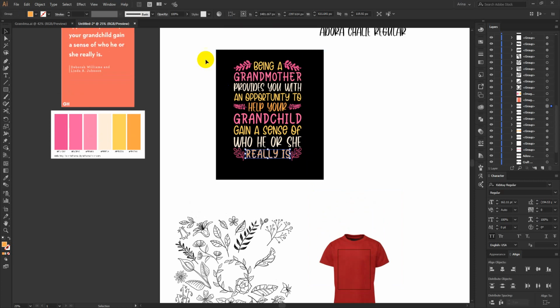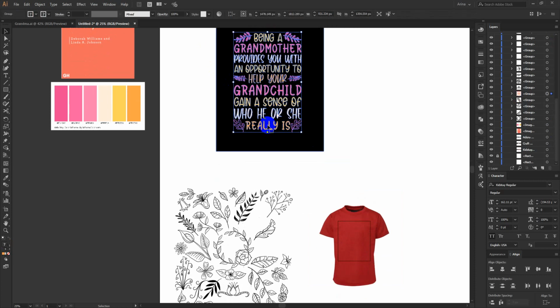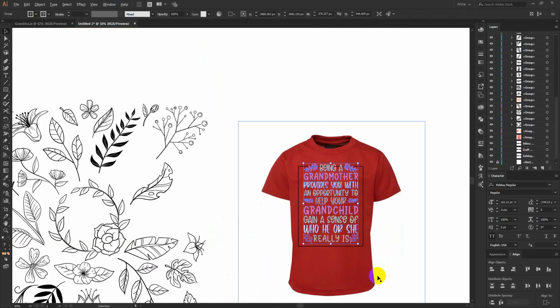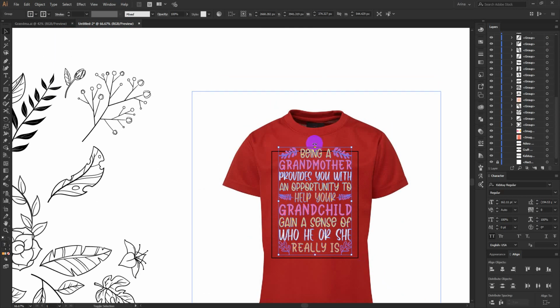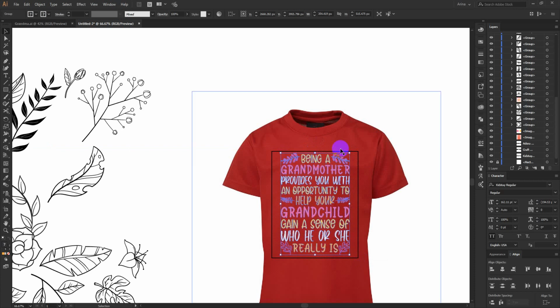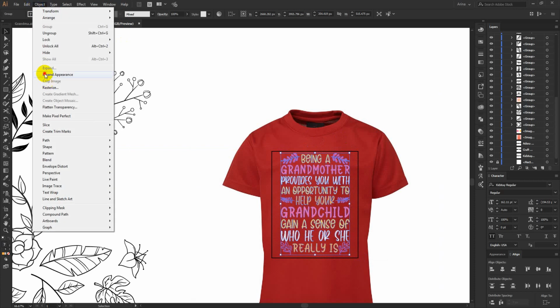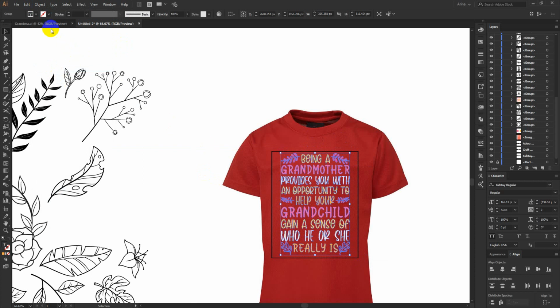So if I make a group here, I am going to copy them, and if I place that here, cut and paste in front. Okay, as this is a red shirt, I am going to first of all expand. Now I am going to use white color for this. You can see,